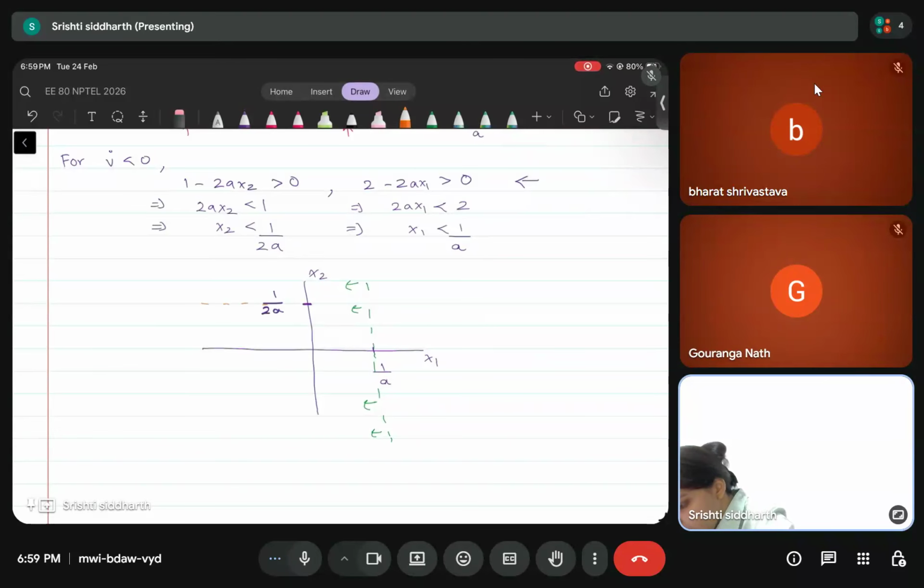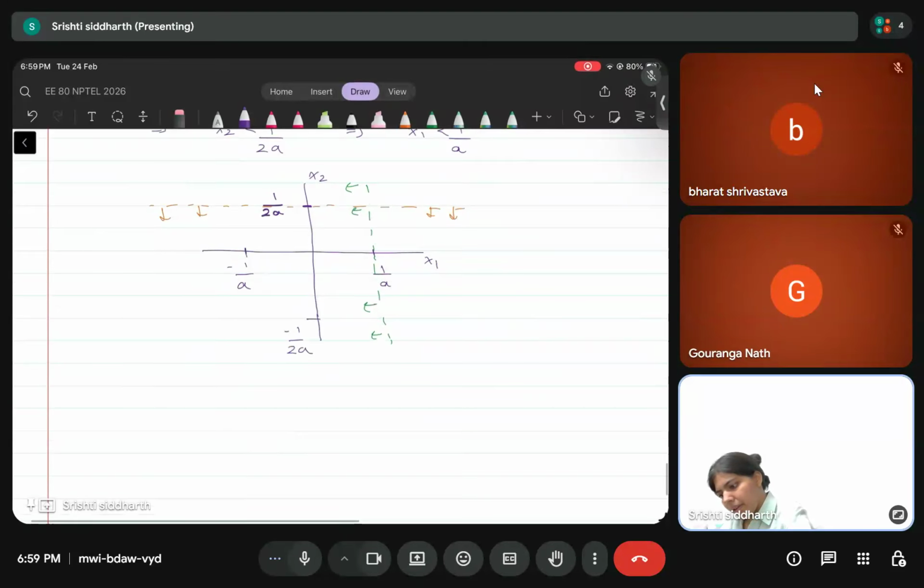So this means x2 has to lie below 1 by 2a. So let's define a region D. D can be, so this is based on your choice. Let's define minus 1 by a here, minus 1 by 2a. So for x1 lying in minus 1 by a, 1 by a, and x2 lying in minus 1 by 2a, 1 by 2a,